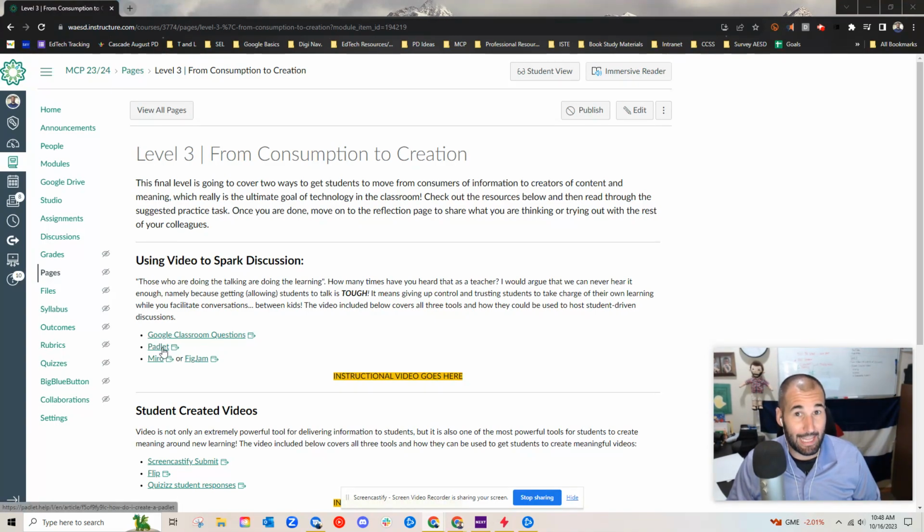Then we're going to jump into Padlet and how you can use it for that. And then Miro and something called FigJam, which we're going to play around with a little bit, but I don't know a ton about FigJam. I think it's actually called Figma, but those are linked here. And we're going to play around with Miro a little bit as well. So first and foremost, let's talk about